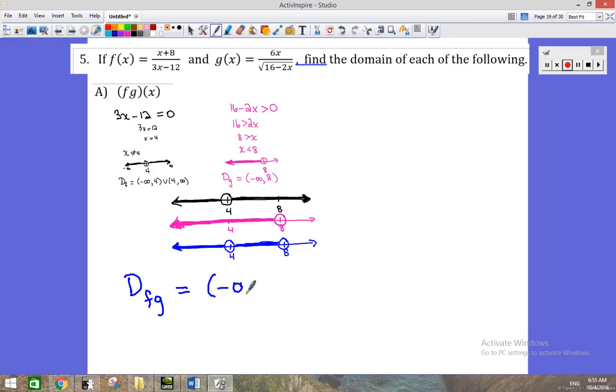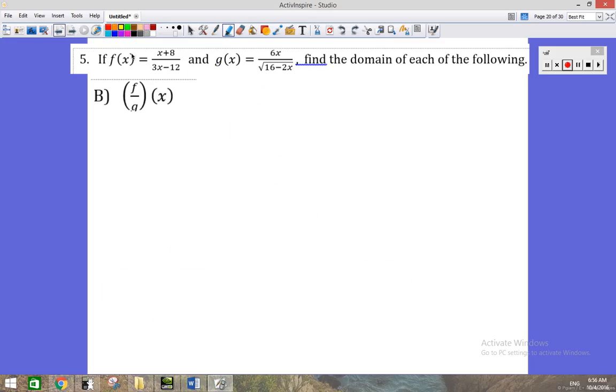The interval from -4 to -infinity to +4, and we need an open parenthesis because we have a break there, union 4 to 8. So there's our final answer for part A. For part B,